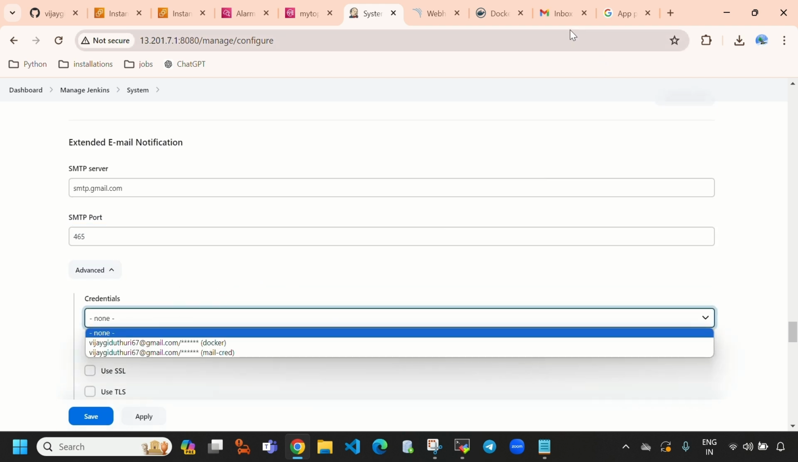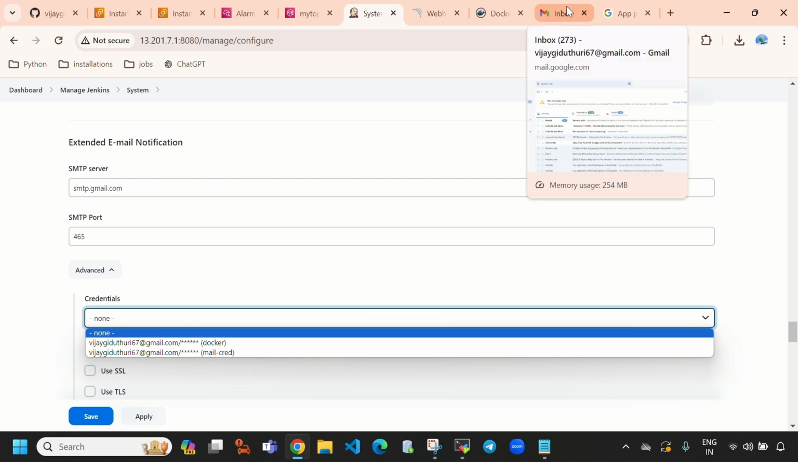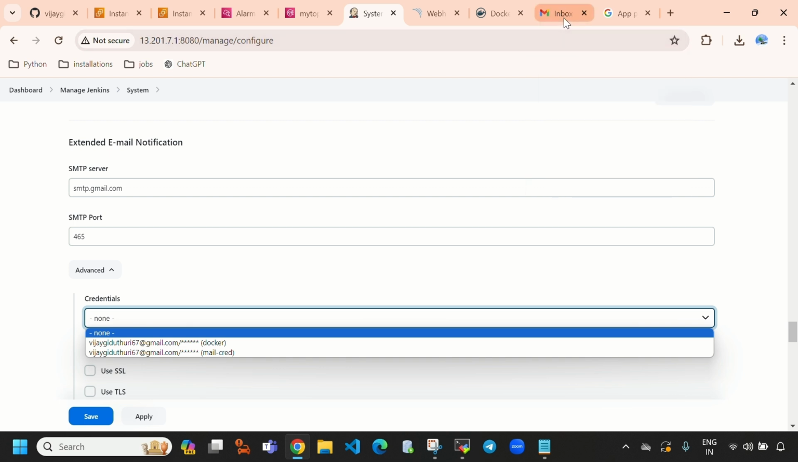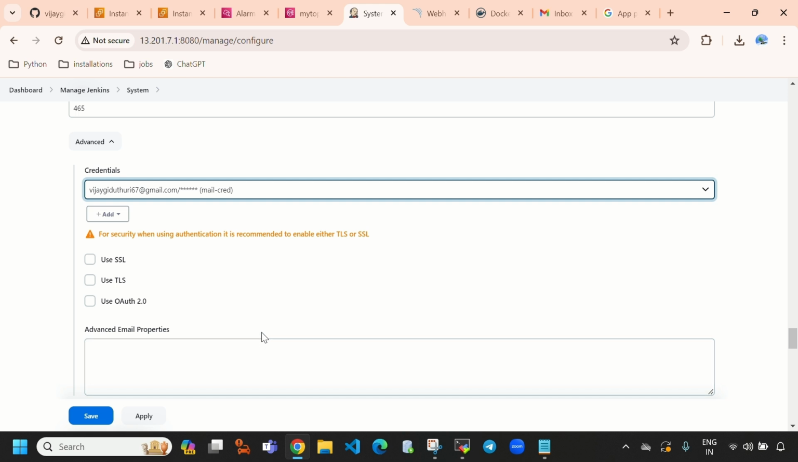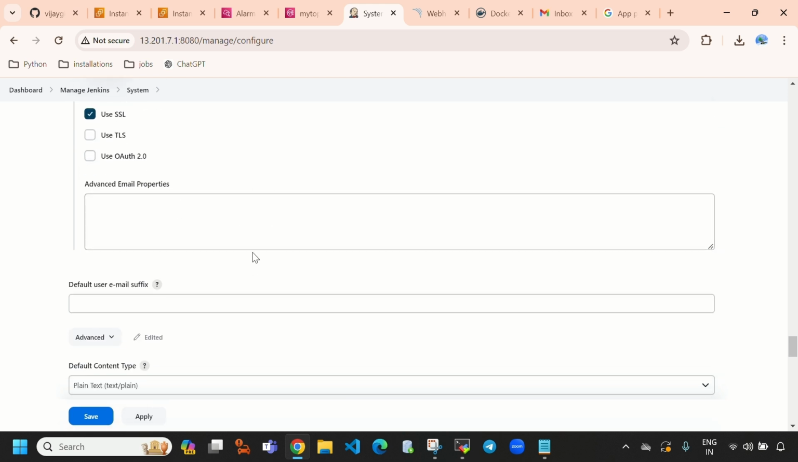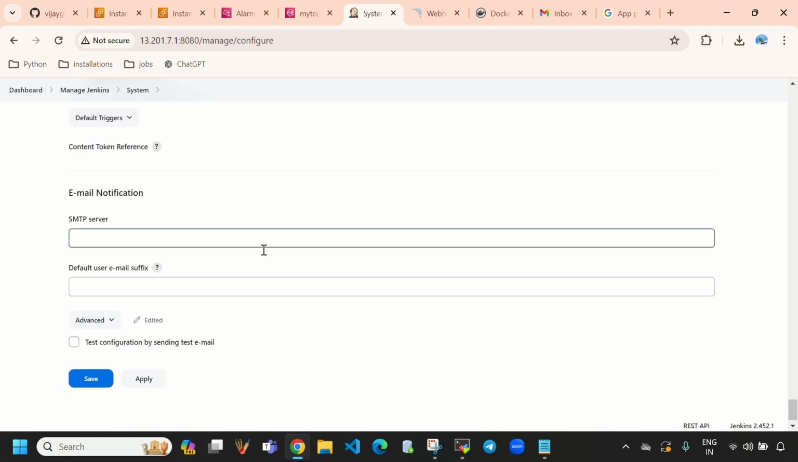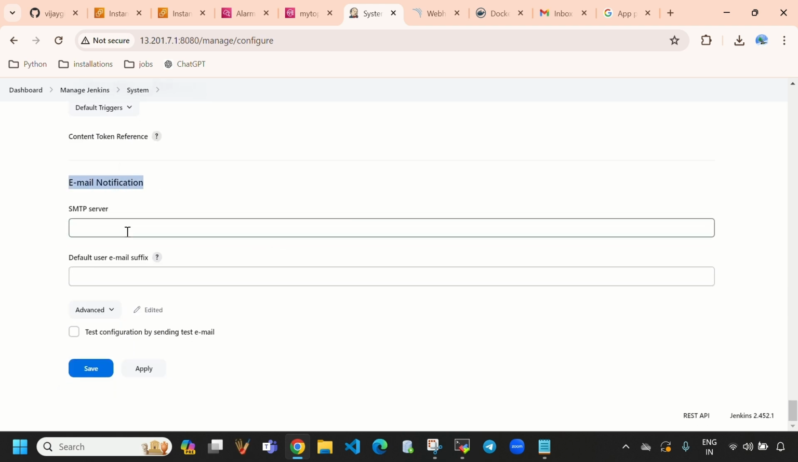previously we generated an application password from our mail, and we gave that application password to Jenkins. So this is the one. You need to select this mail cred. After completing this, select Use SSL, and up to here it was completed. Let's go to Email Notification. Here again you need to select smtp.gmail.com,